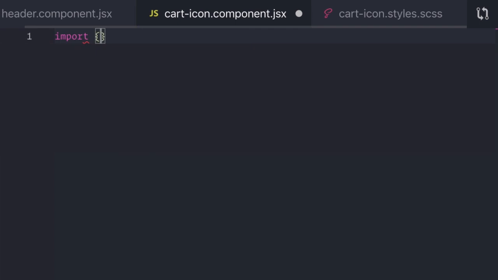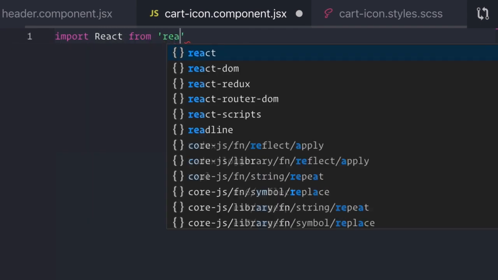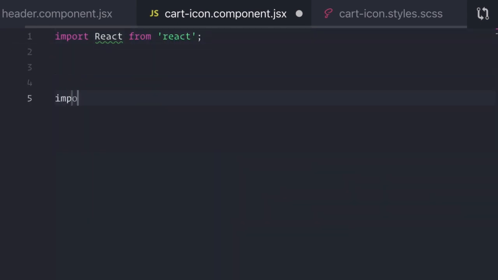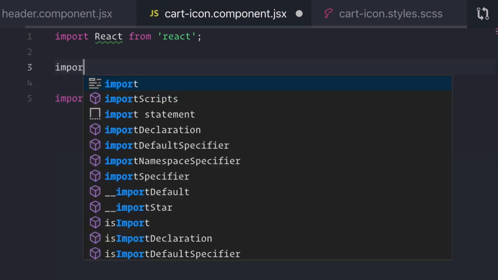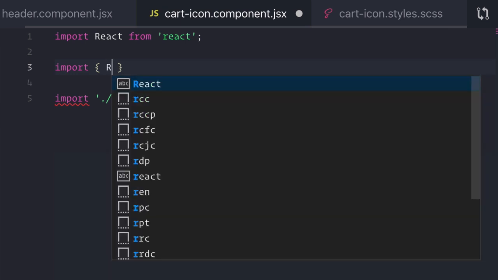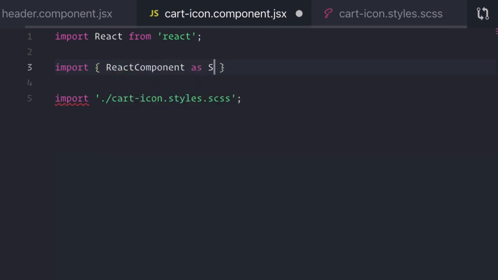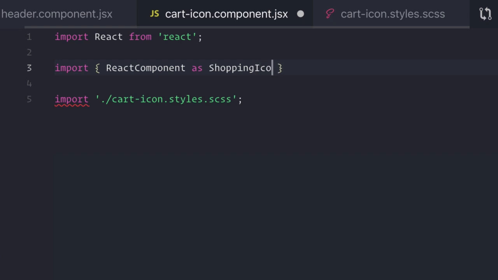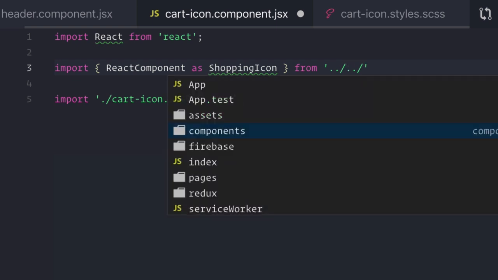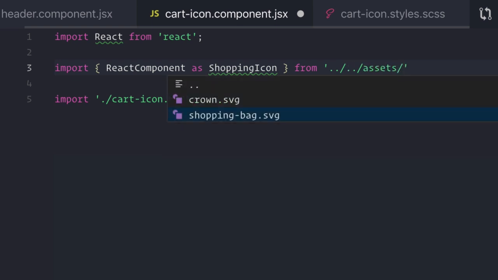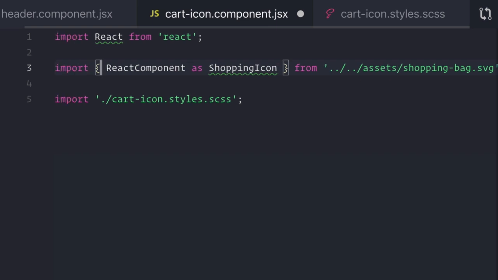So first, we'll import in React from React. We'll import in our style sheet. And we're also going to import in our shopping icon. So we're going to do React component as shopping icon from, and then the URL of our SVG, assets shoppingbag.svg. Now, what we're going to write is a const cart icon